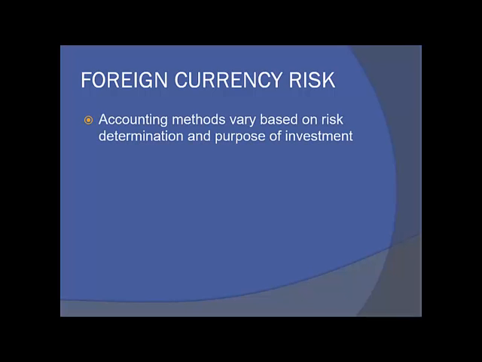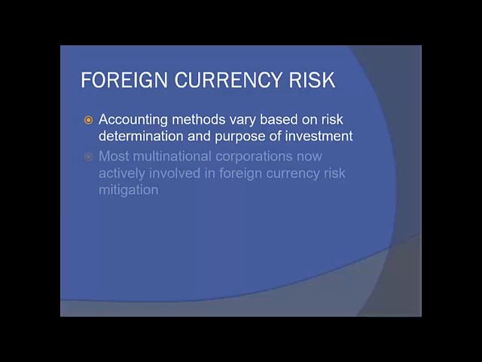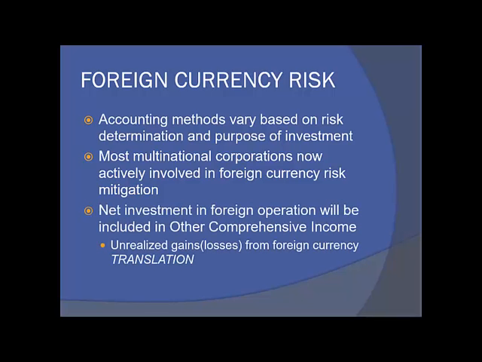Foreign currency risk. Accounting methods will vary based on risk determination and purpose of the investment. Most multinational companies now do actively use risk mitigation for their foreign currency. Now, make sure you understand the distinction between foreign currency transactions and foreign currency translation. It's a different thing. Net investment in foreign operations will be included in other comprehensive income.